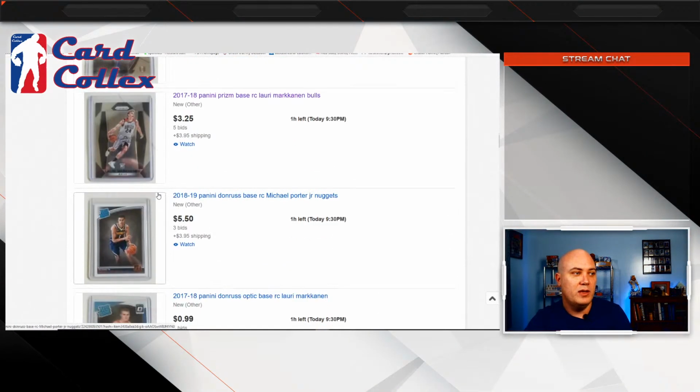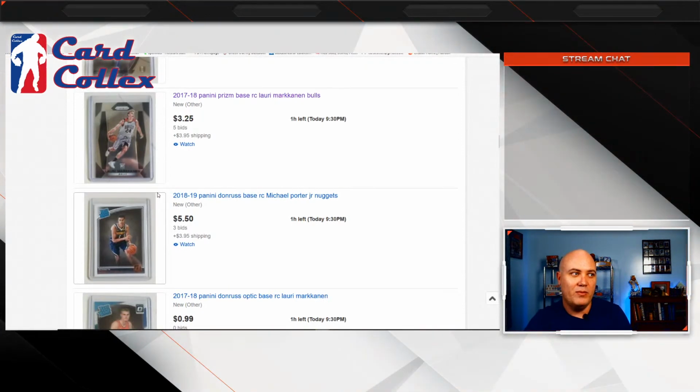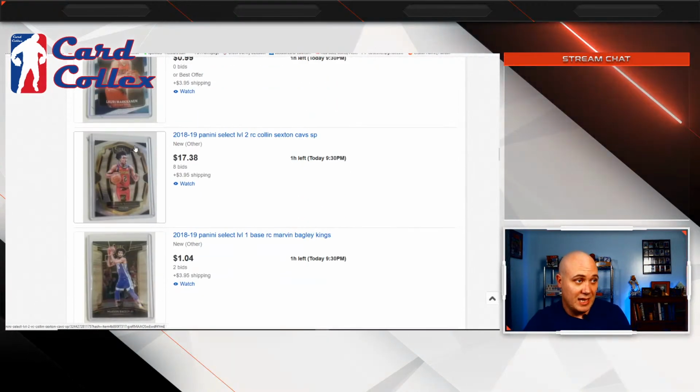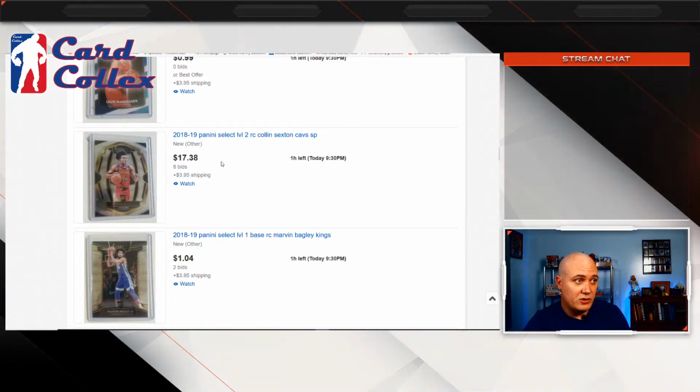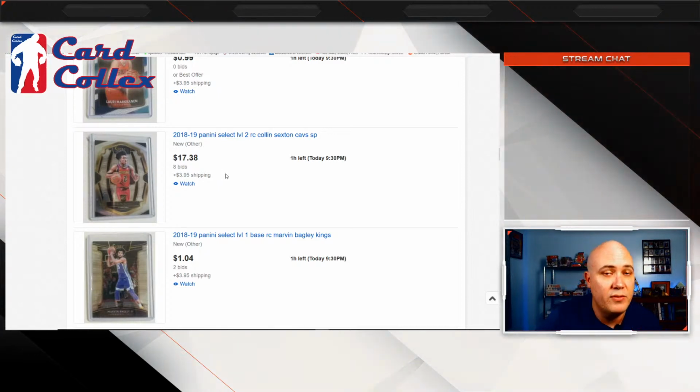It sounds funny, but I feel like I saw him before a lot of other people did. I was looking at his Select Premier Rookie. There's an hour left, and this is at $17 right now. You probably could have picked these up for $5 a piece a month ago, or maybe a little more than that. But definitely pretty excited for him.